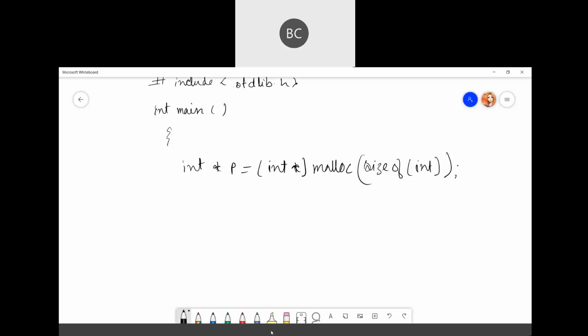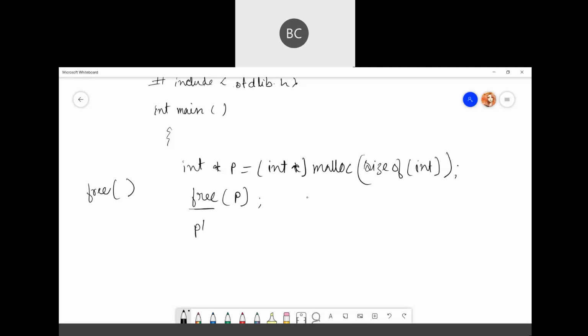Here you have dynamically allocated a memory space to your pointer p. Then after that, you free that pointer using free. Remember, using the free function, you can delete or deallocate any memory.